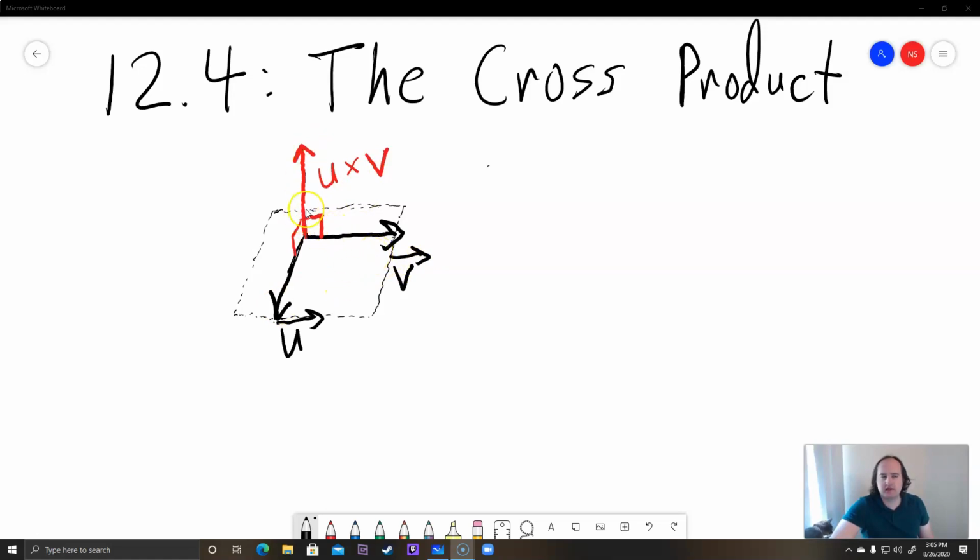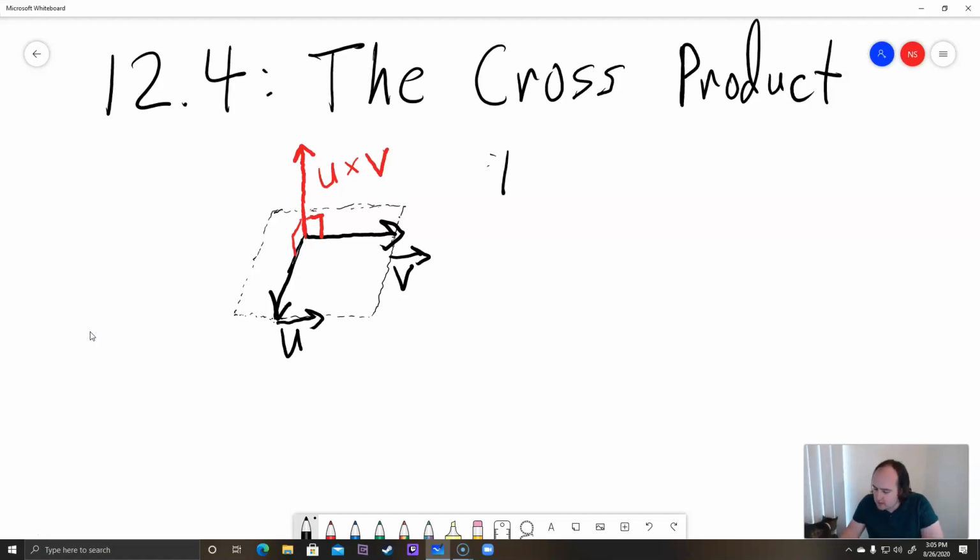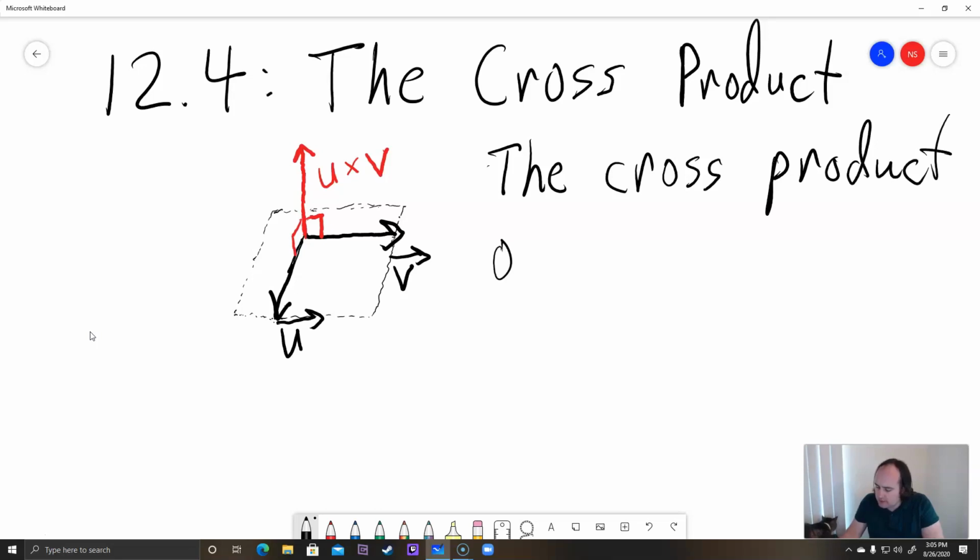But visually, as you can see here, u cross v is perpendicular, or at a right angle, to both vector v and vector u. So those are both right angles. And since it's perpendicular to both of those vectors, it actually is perpendicular to the plane formed by u and v. Okay, so the cross product of vector u and vector v